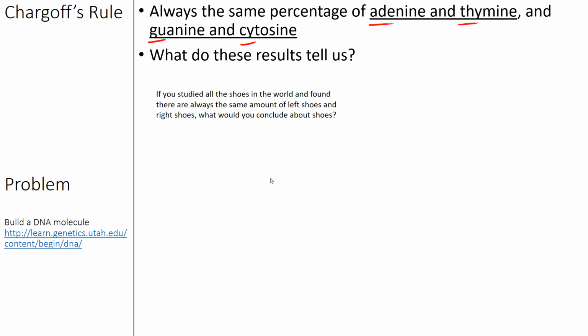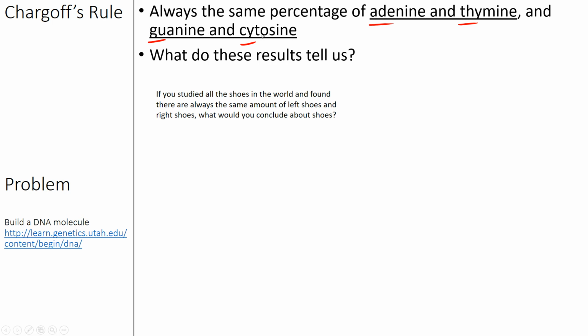If you can't really understand what's going on in this first sentence, I put a little analogy here. It says, if you studied all of the shoes in the world and found that there are always the same amount of left shoes as there are right shoes, what would you conclude about shoes? Hopefully you figure out that maybe shoes come in pairs. Maybe left shoes and right shoes go together. That's why there's always the same amount of left and right shoes, provided you're not losing one shoe all the time. So anyway,